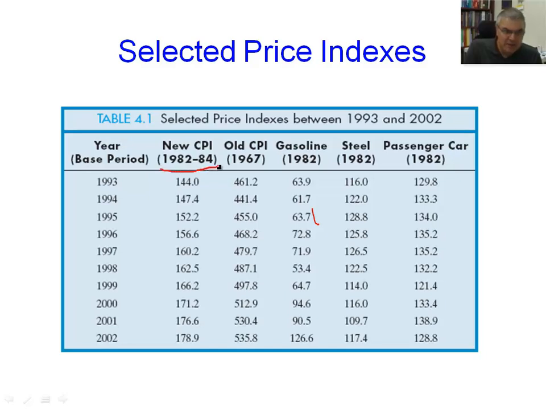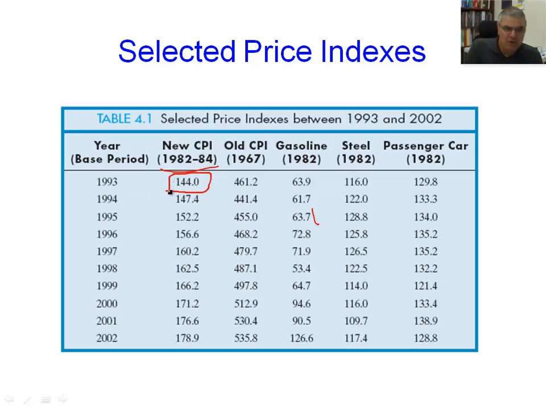So this is the new one in 1982 to 84. It's not new for now, but in 1982 to 1984 and 1993, after almost 10 years that the new CPI, Consumer Price Index, established, then